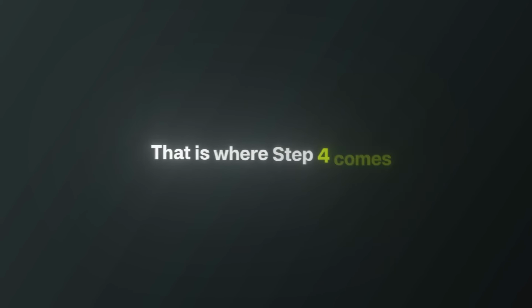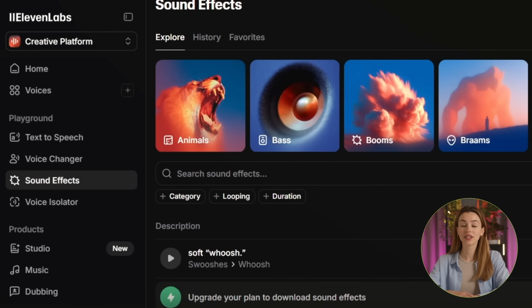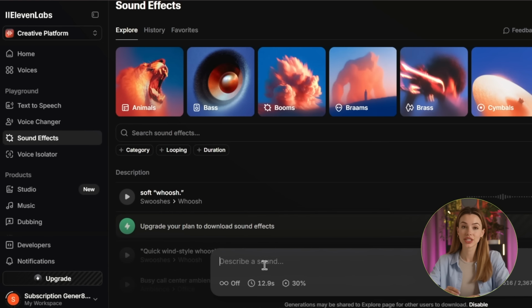After creating all these animation videos, here's what I've learned. Sound is the next important thing that transforms your anime sequence completely, and that is where step 4 comes in. I'm using 11 Labs here to generate the sound effects. They have this new feature, which creates AI-generated sound effects just by typing a prompt, which perfectly matches every single